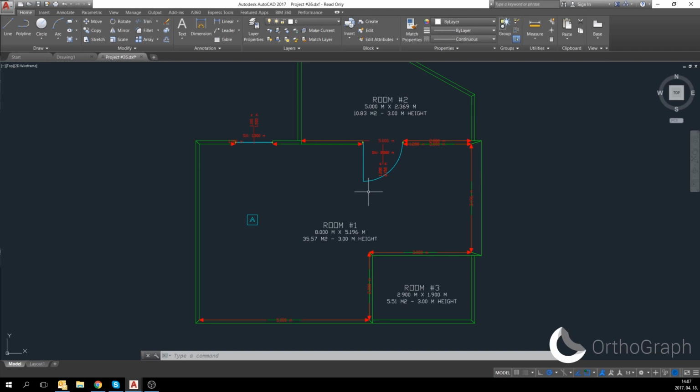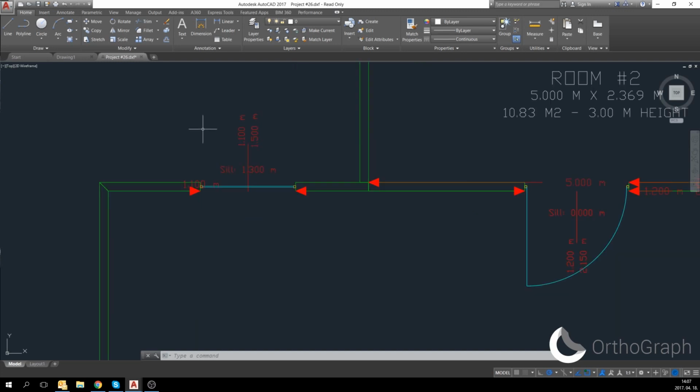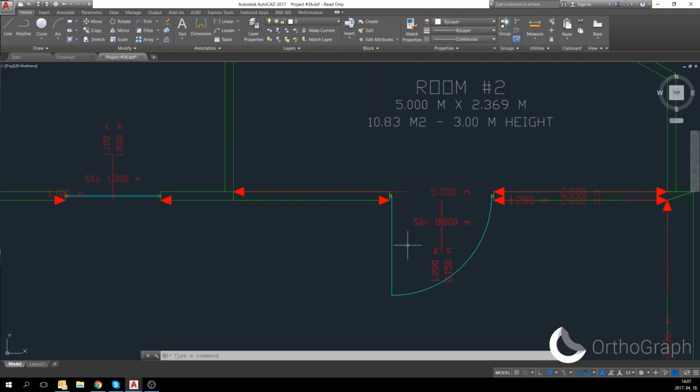So what I told you about the openings before, you can see it here. All the sill height data, the width and the height of this window is going to be captured here. Same story with the doors. You see the opening direction. You see that everything is a block here. So you can just delete them and replace them with your own blocks if you need it, but